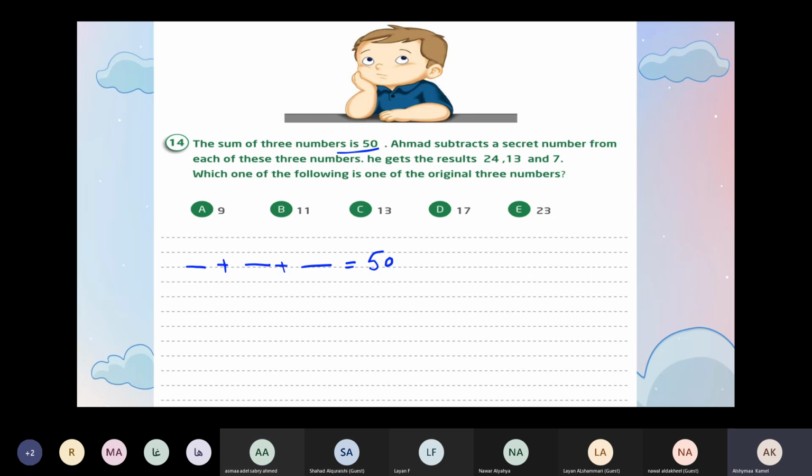Excellent, excellent. Until now, excellent. But he didn't ask about the secret number. He asked about an original number from the three numbers. So you will use the inverse operation. You subtract in the beginning, and you said it's 44. That's right. 44 minus the original number 50. And then I will add 2 for any one of the three. Excellent. Which one, after you add 2, you found the number here? Which number after adding 2?